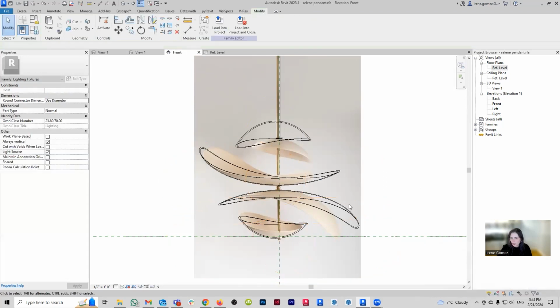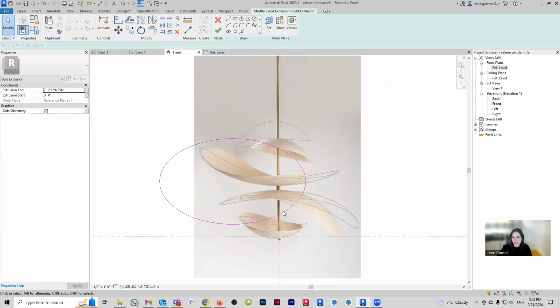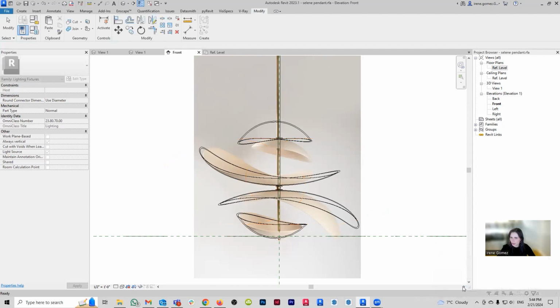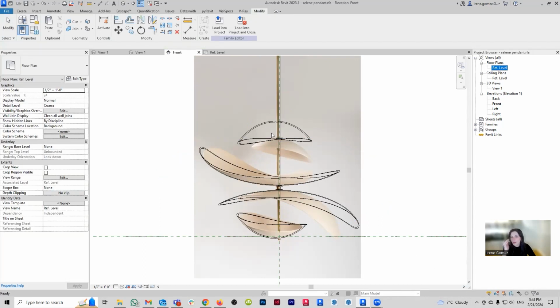Until you see about the shape. Oh, cancel. Let's stop it there. Sure. I can also come here to my cylinder. Let's say edit the extrusion. And let's say that I'm going to rotate it just a little bit because I want it to have that tilt. Let's see if that's going to work. Ooh, unjoin. Oh, wow, and it's doing the top as well. So it seems that I didn't realize that I was modeling the whole thing.